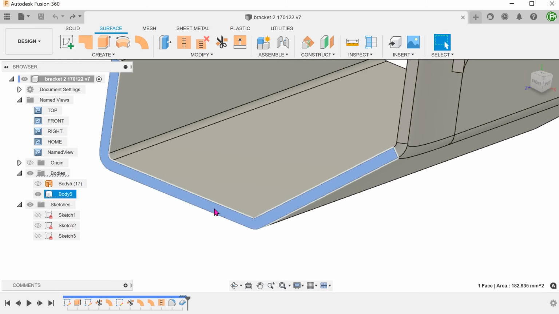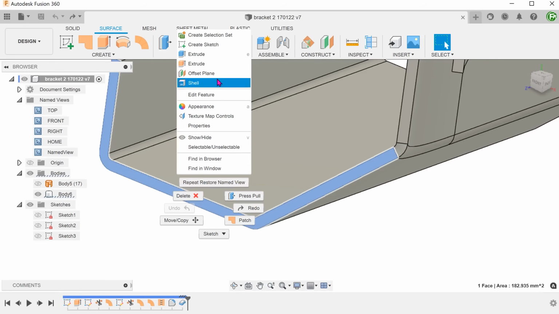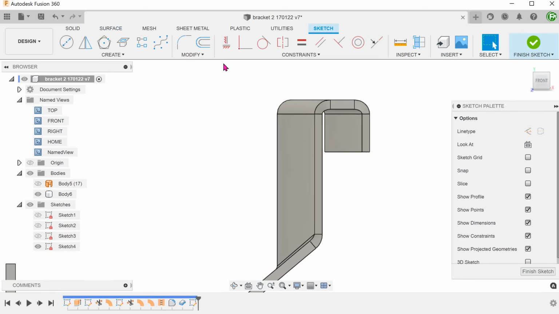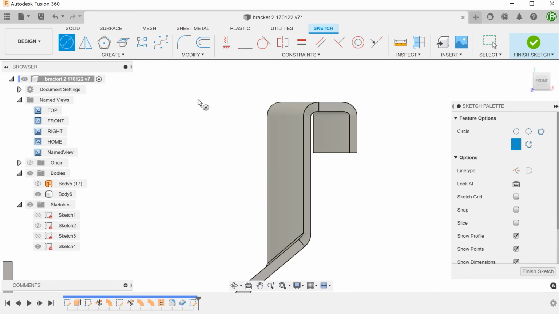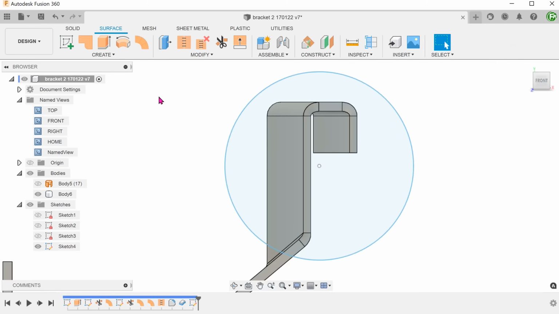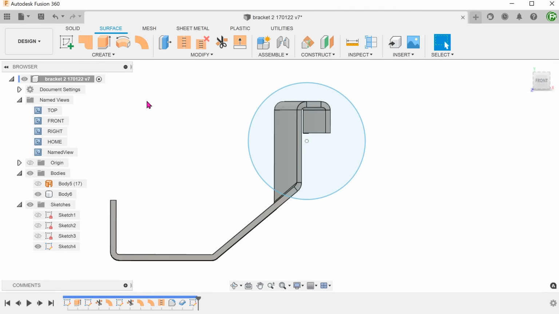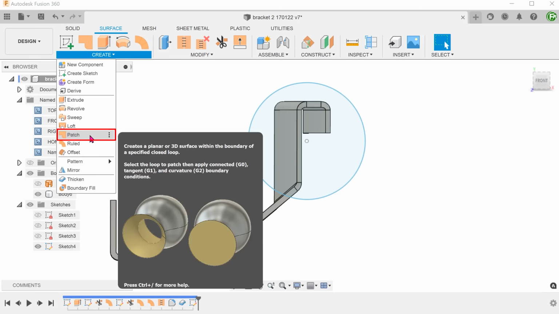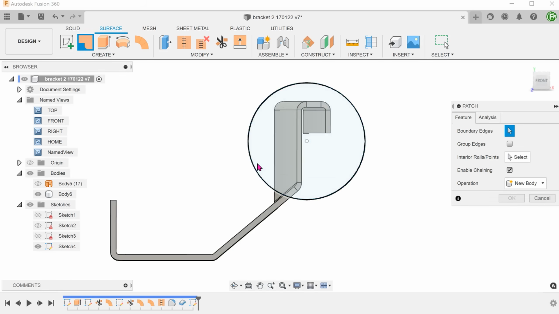This section is flat, so we can start a sketch on this face. Simply draw a circle or a rectangle to completely encompass the offending regions. Go to Create, Patch, and create a circular patch surface.